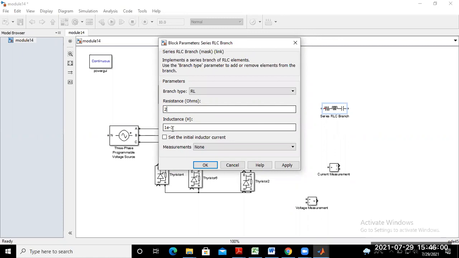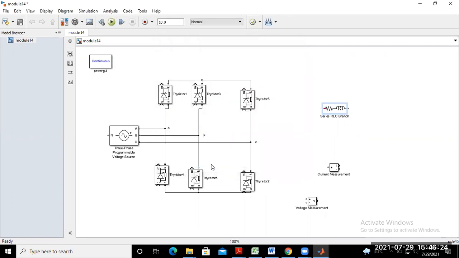Similarly here the inductance value is also given in millihenry, 1 into 10 to the power minus 3. So if you want to put a specific inductance value, then you just type here 5 millihenry. Okay, so just type here 5 into 10 to the power minus 3 and apply. And okay, so this one becomes the RL.